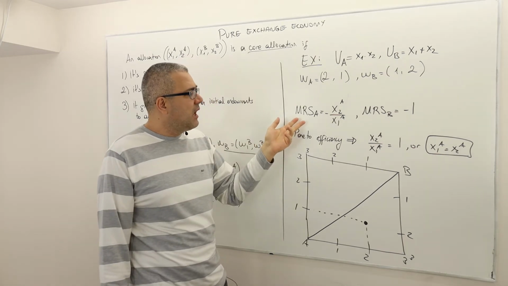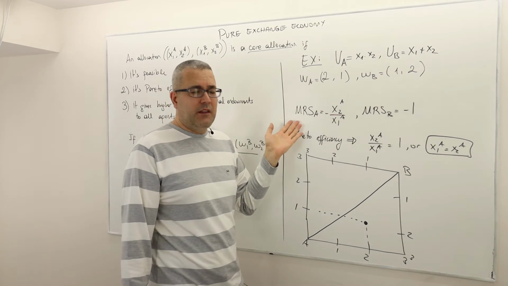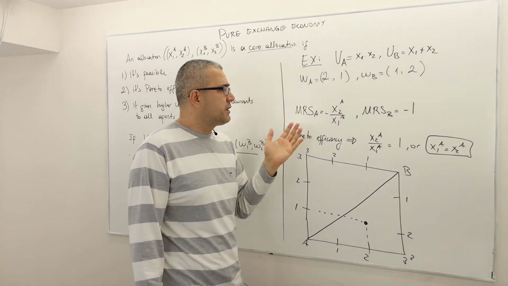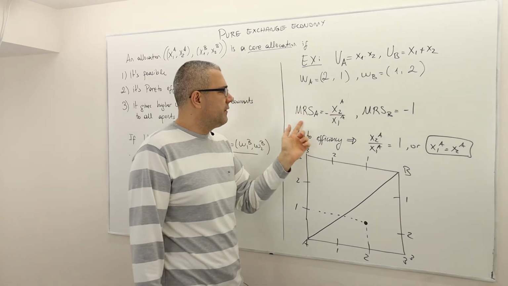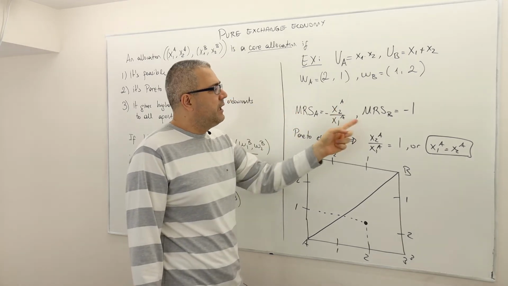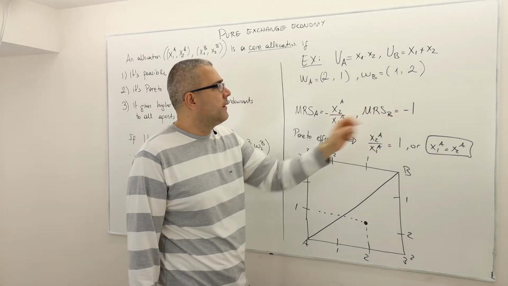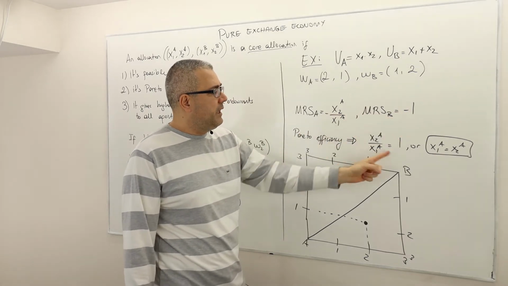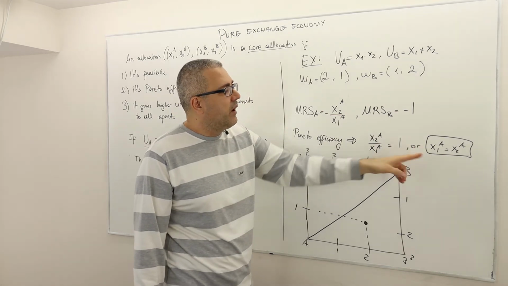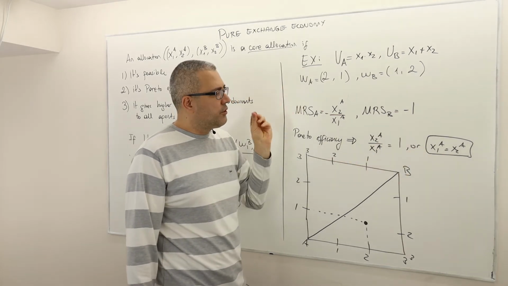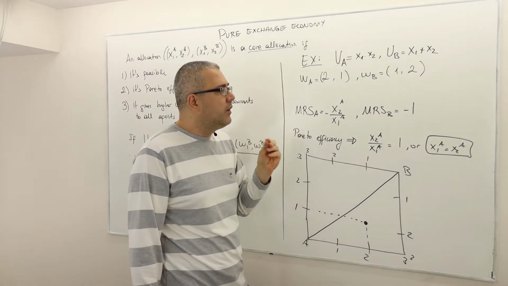Let's try to find the Pareto-optimal allocations first. Pareto optimality means the marginal rate of substitution of agent A, which is this term, equals the marginal rate of substitution of agent B, which is simply -1. They must be equal for Pareto efficiency. So that means whenever agent A's consumption of good 1 equals agent A's consumption of good 2,